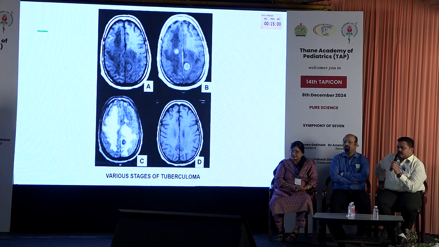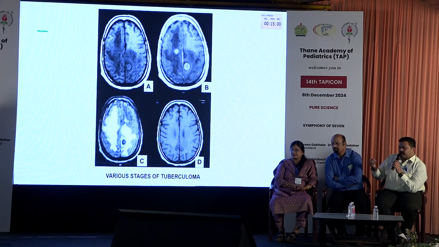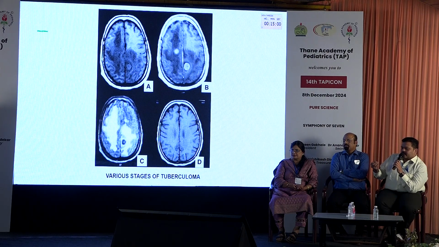Then this is tuberculomas in various phases. So what happens is that even NCC and tuberculoma, both of them to begin with, are dark on T1 and bright on T2. As the tuberculoma progresses, there is a central caseation necrosis, and in the second image if we could see, we start getting central hypointensity or central darkness. And as this tuberculoma progresses into a tubercular abscess, again we start getting a central hyperintensity or brightness. That is a sign of a tubercular abscess as against tuberculoma.